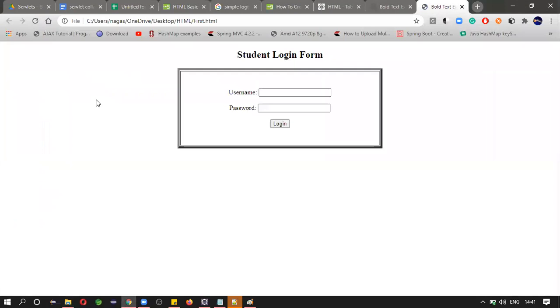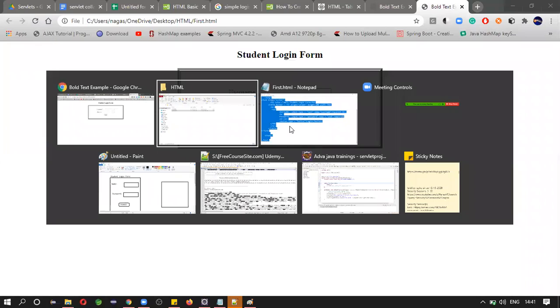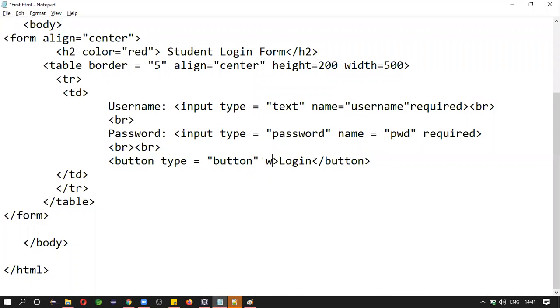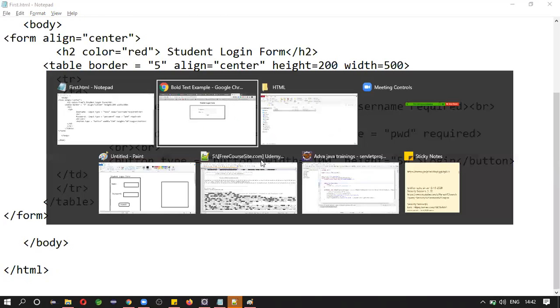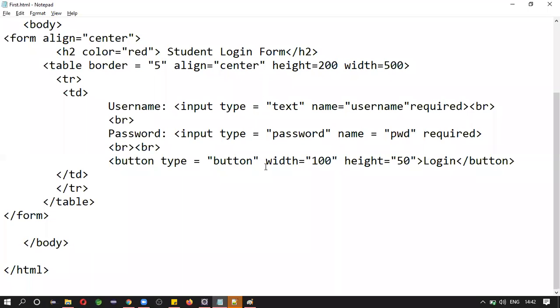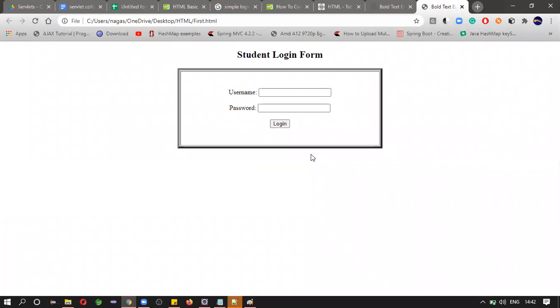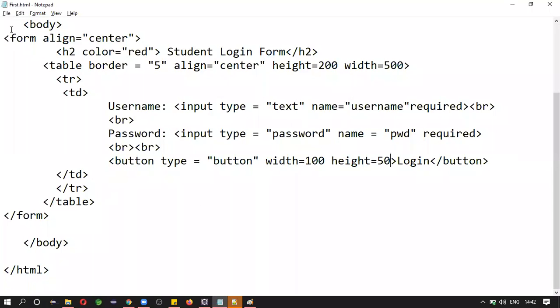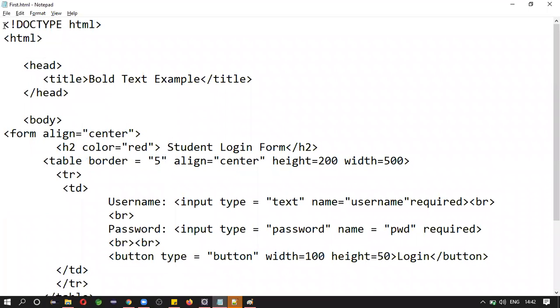It will be executed in the browser and the corresponding data will be displayed like this. So this is a static page, right?